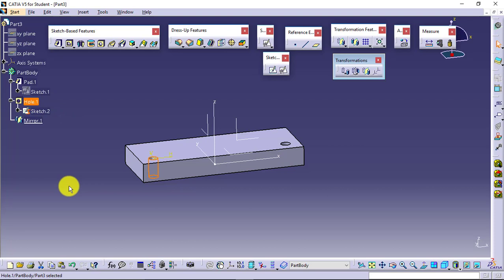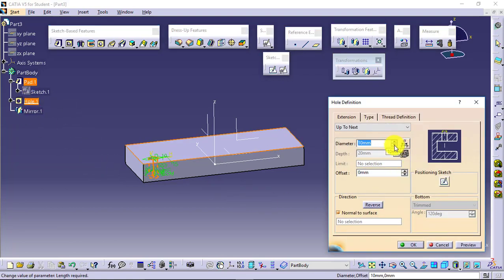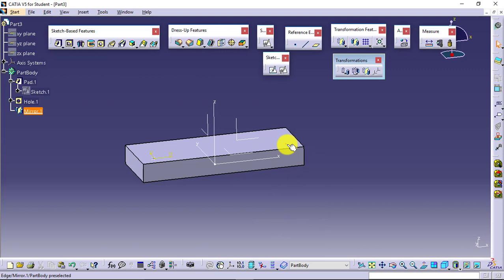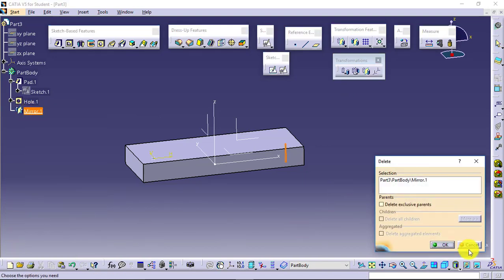When you mirror a particular feature, it is not necessary that it should be the whole only, it can be anything or any group of features. When you mirror that, what happens? It maintains the parent-child relationship. If you make any changes in your parent, say I am changing the diameter, it will automatically be reflected in its child. If you have made any changes in your parent feature for the mirror, it will be automatically updated in your child feature or features. This is what your transformation feature is. I'll delete this mirror for now.